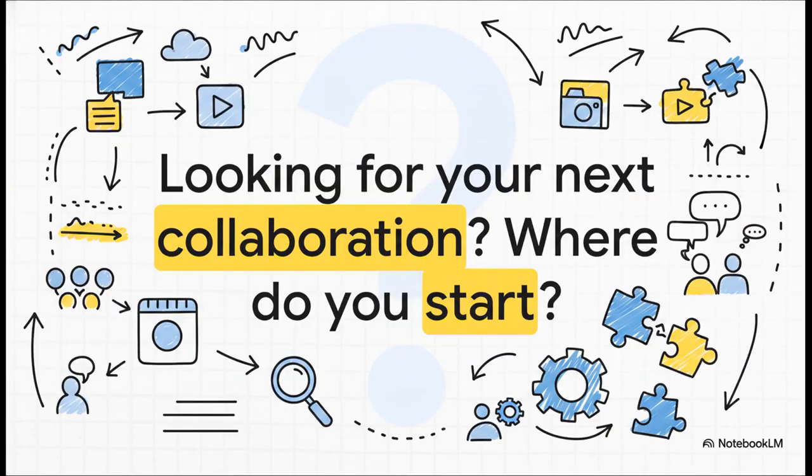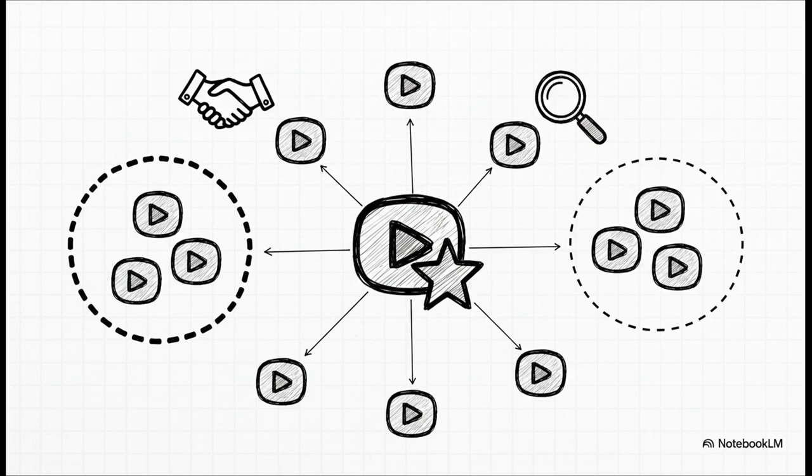So as you start to grow, what's the next logical step? Well, often it's collaboration. But the question is, how do you find the right partners who are a perfect fit for your audience? Well, you can use a similar channels tool. It analyzes your content and compares it across a massive data set to find other creators making similar videos. It's fantastic for finding potential collaborators, but it's also a great way to study your direct competition and see what's